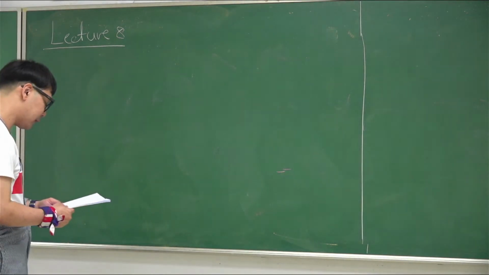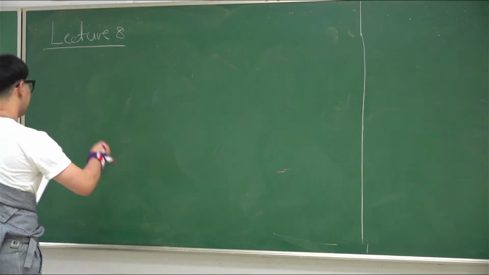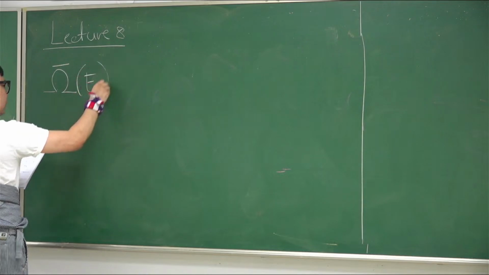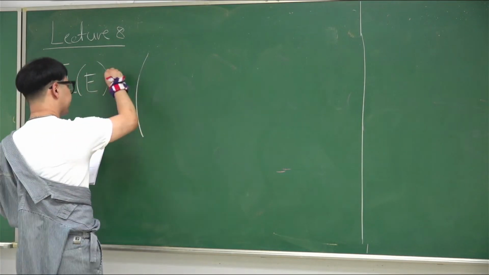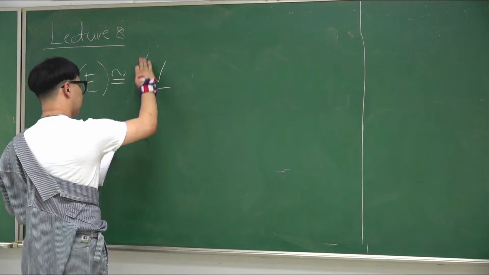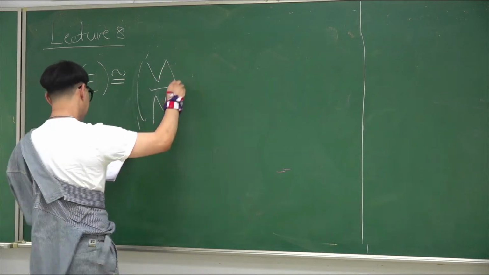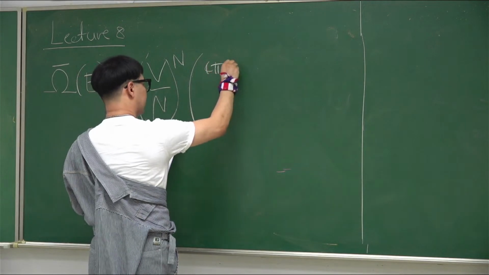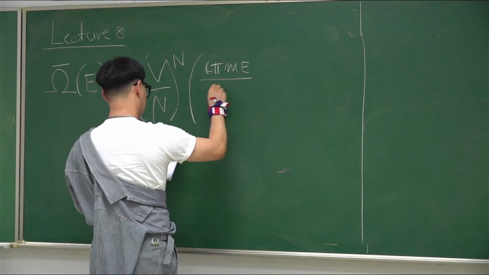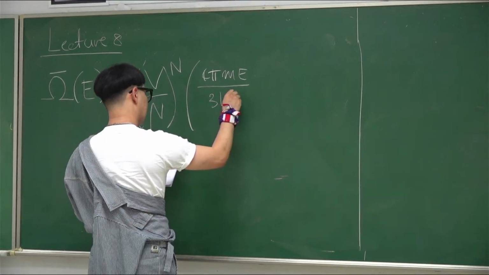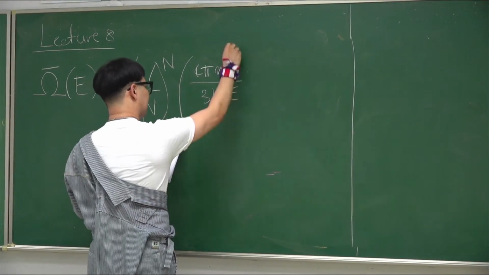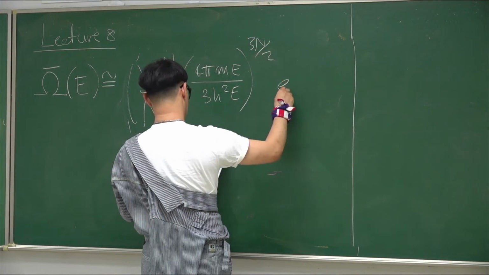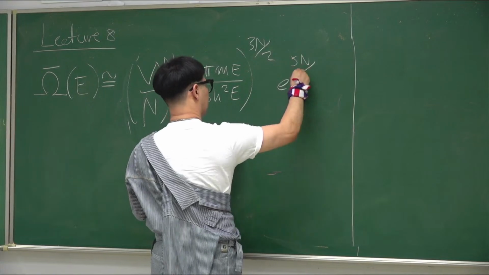So I believe that so far we have this quantity, omega bar, which is after you did all the integration, and what you're going to get is